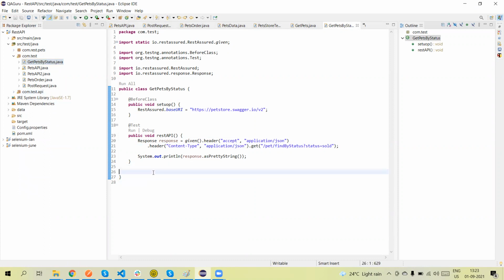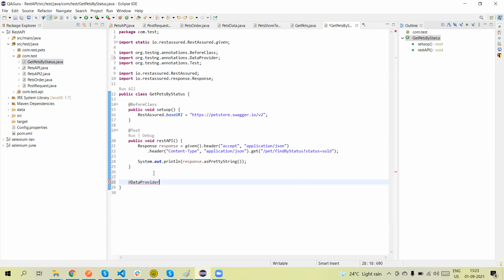First of all, I will create a data provider using the DataProvider annotation. This is the TestNG annotation, imported from org.testng.annotations.DataProvider. In the data provider we can pass the attribute name. I am giving here testData.